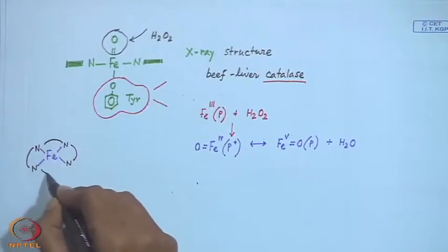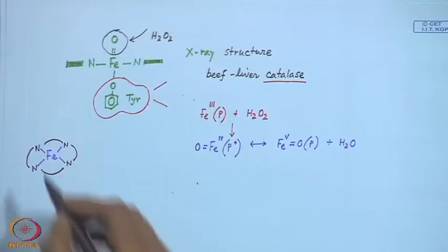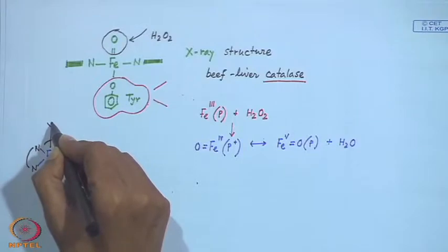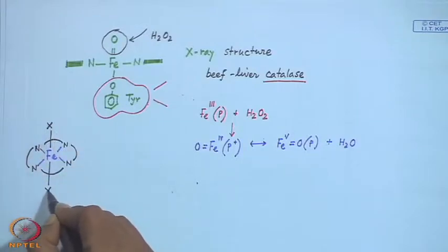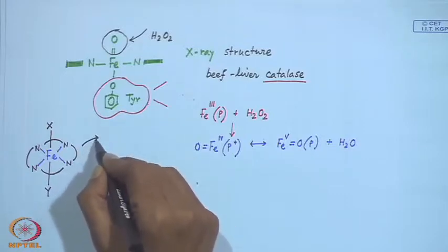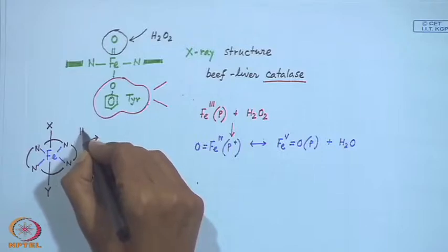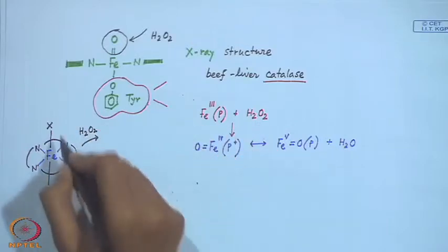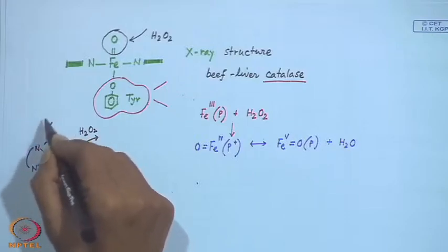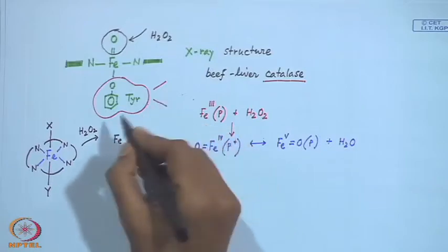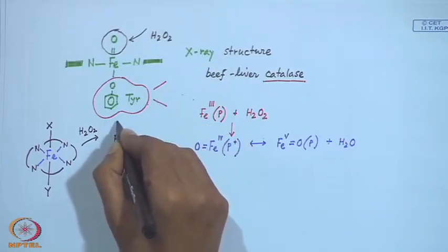So, this is your entire porphyrin ring, and whatever is happening over there is due to the presence of X as well as Y. So, when it is reacting with, say, this hydrogen peroxide, if X is loosely bound, X will go away. So, there will be removal of X, and